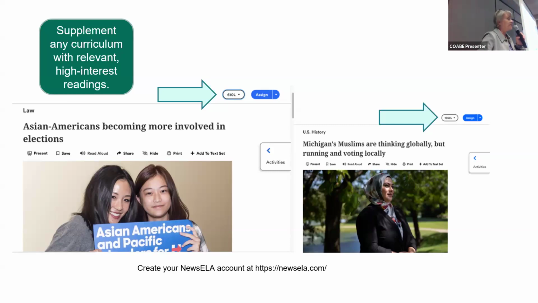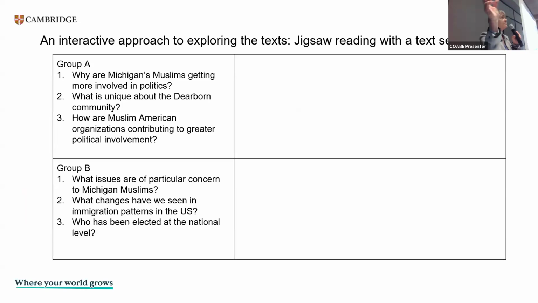and then we do jigsaw or a paired reading, like have a pair of readings on the same theme. One group has this set of questions. Why are Michigan Muslims getting more involved in politics? What's unique about Dearborn? How are Muslim American organizations contributing to the greater political involvement? And then the same questions